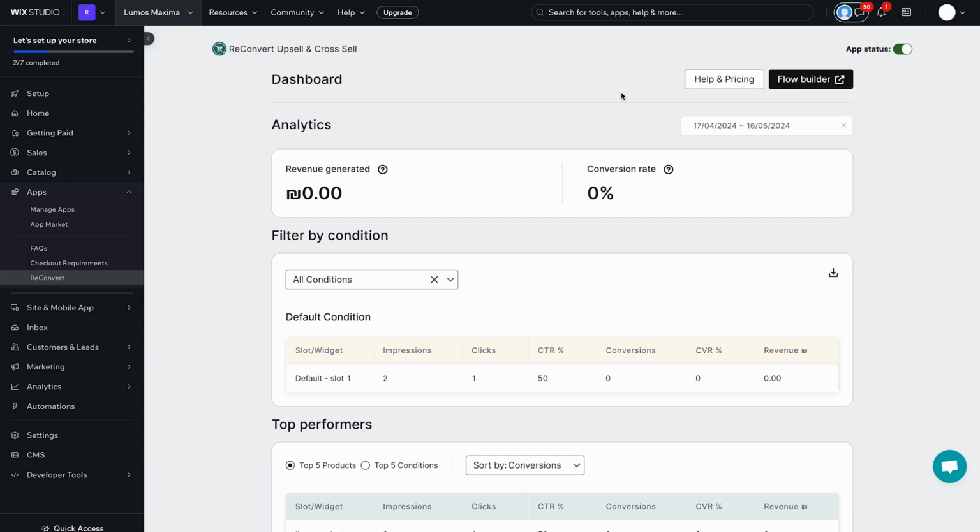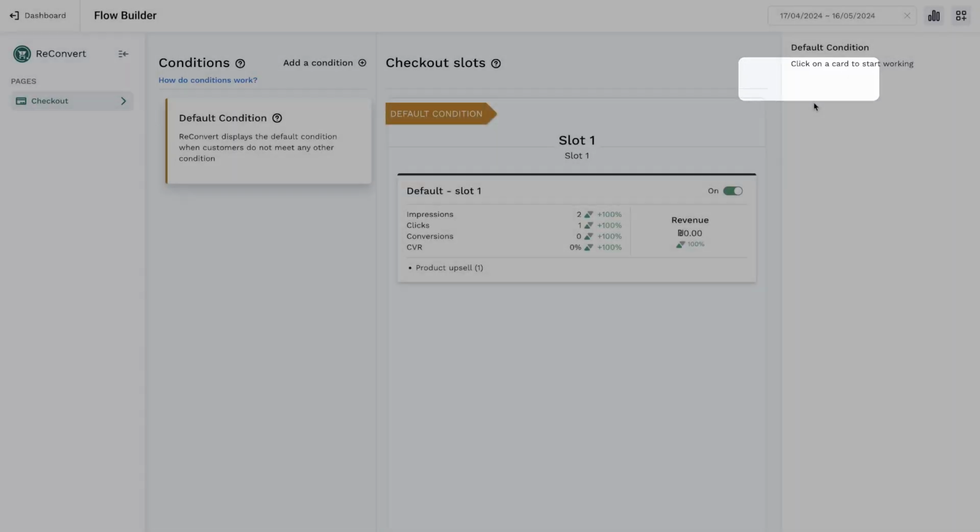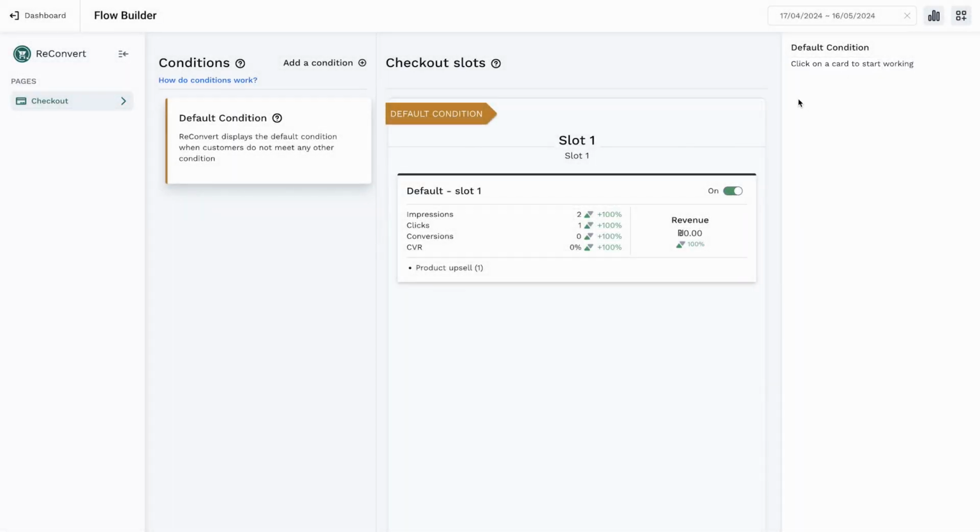Now, let's take it to the next level. Let's say that I want to make a specific offer when someone buys a specific product. How can I do that with ReConvert? Well, just head over to the Flow Builder, and this is the Flow Builder. The Flow Builder allows you to display different offers to different customers based on different conditions, either by the product